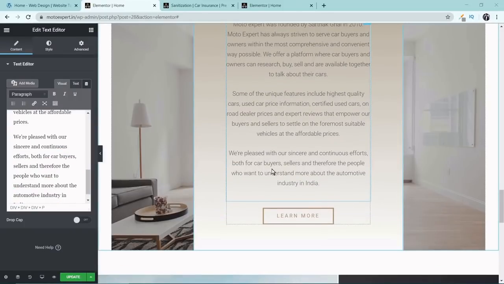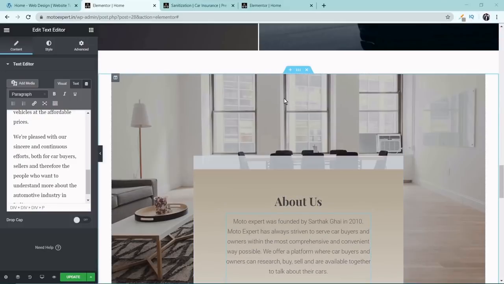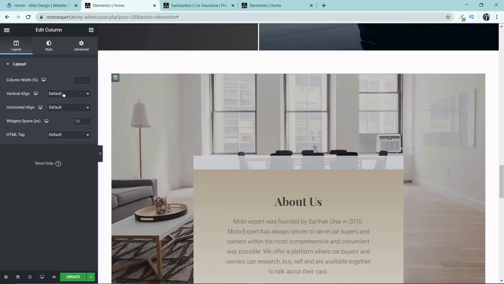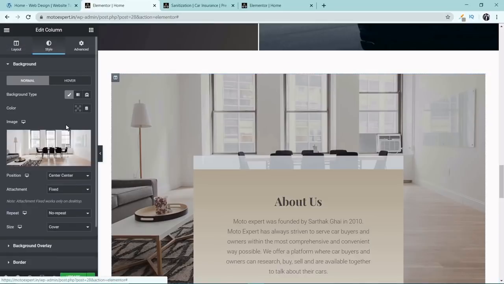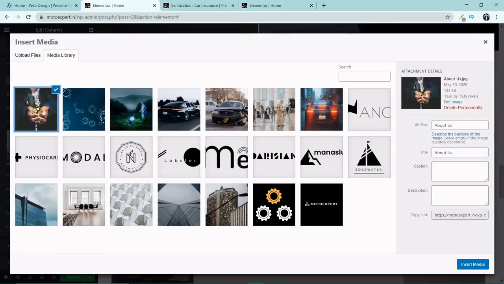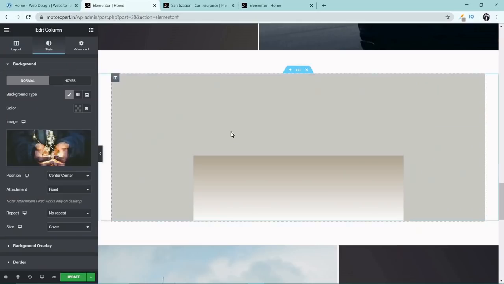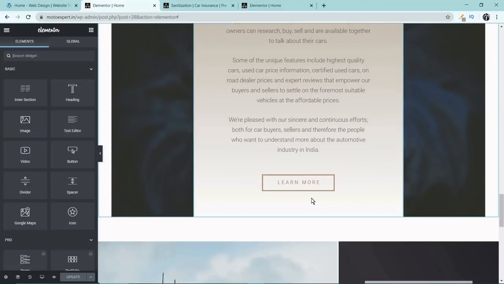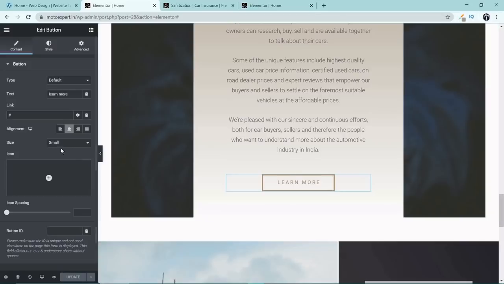And the next thing I want to do here is to change this background image. So I'll select this, go to style, pick an image. Let me select this one, insert this image, and I can change this button. I can select this and select contact over here, then hashtag